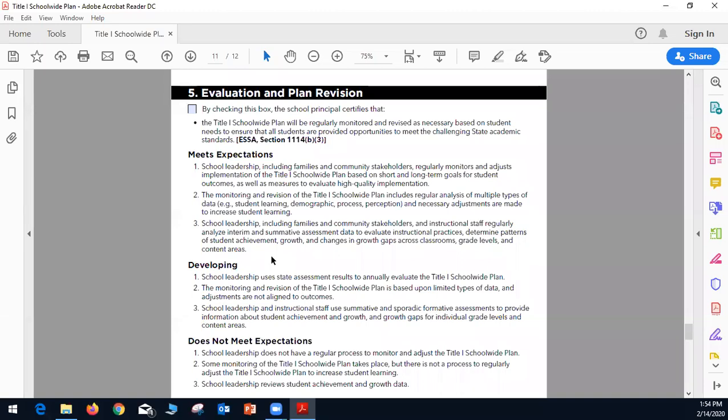A plan that's under development will indicate that school leadership and instructional staff use summative and sporadic formative assessments to provide information about student achievement and growth gaps for individual grade levels and content areas. And if the plan doesn't meet expectations, then it will indicate that the school leadership reviews student achievement and growth data.